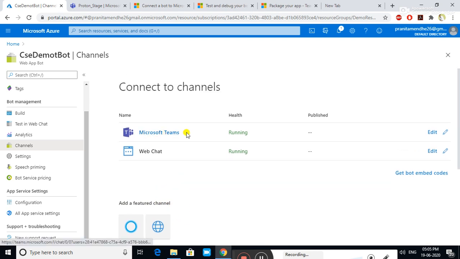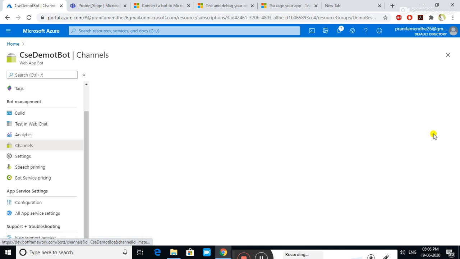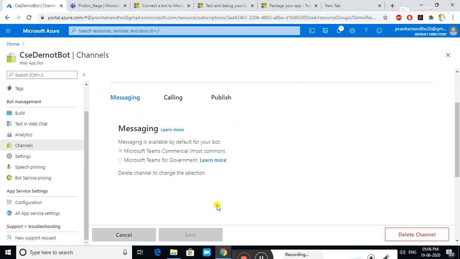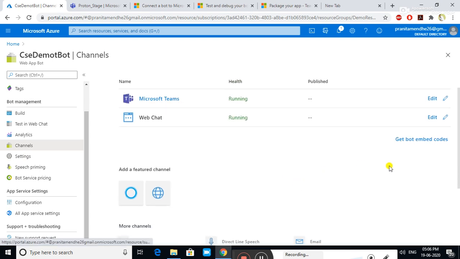Actually you can see Microsoft Teams and the status is running, because I have already done that, but whenever you do it the first time, you will find the MS Teams icon here under the add featured channel. You need to click on that and you will see the next screen like that. Just click on the save button and go back to the Channels option, and you need to find one option, Get bot embed code. Click on that.